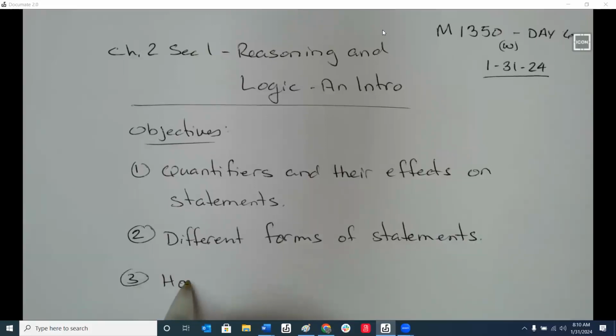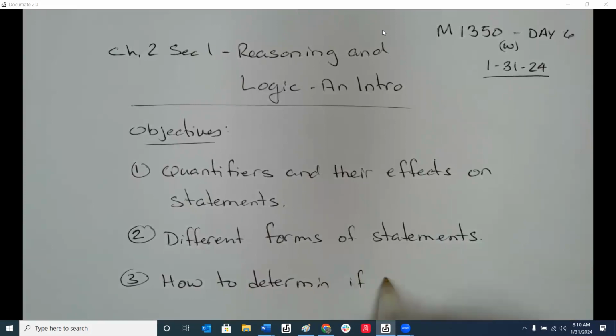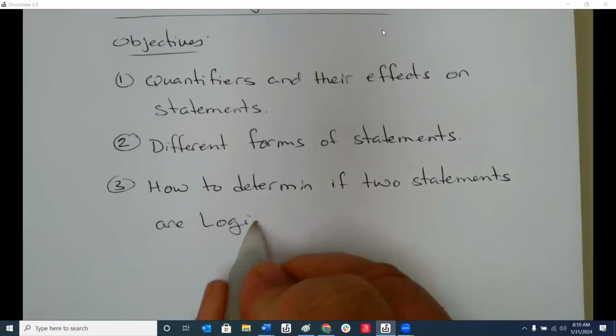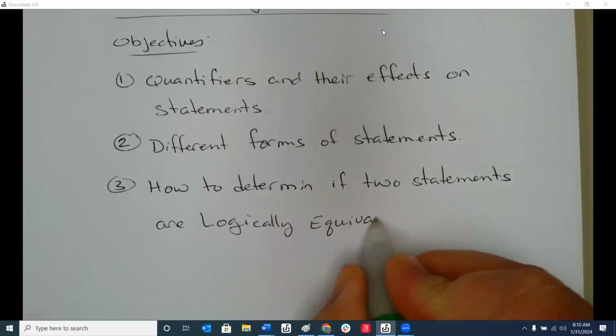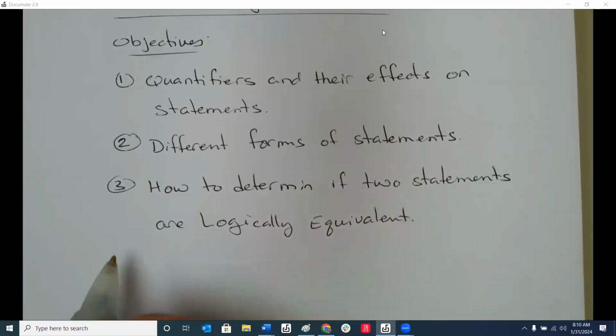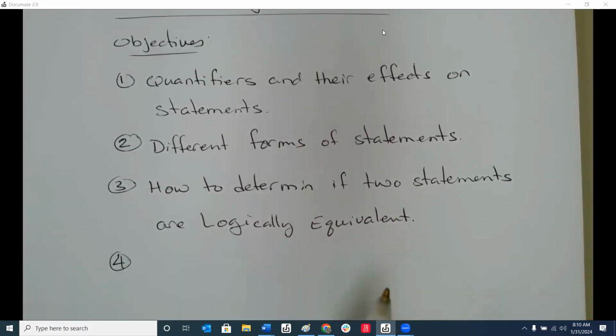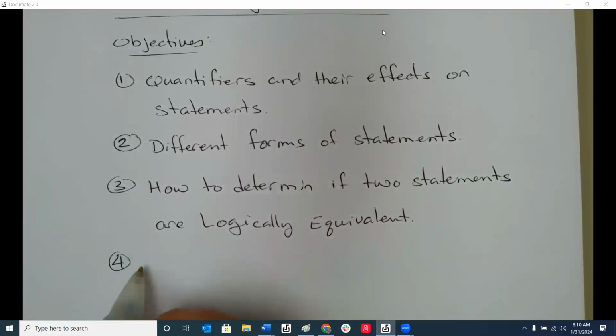We're going to learn how to determine if two statements are logically equivalent. Notice I didn't say equal, I said equivalent. There's a big difference. We're going to learn how to